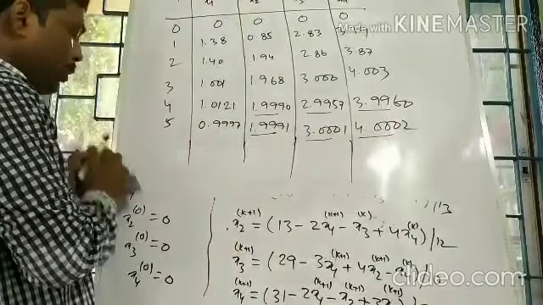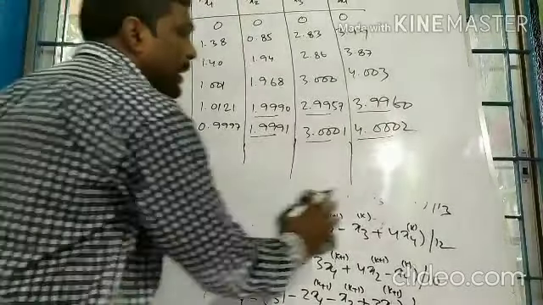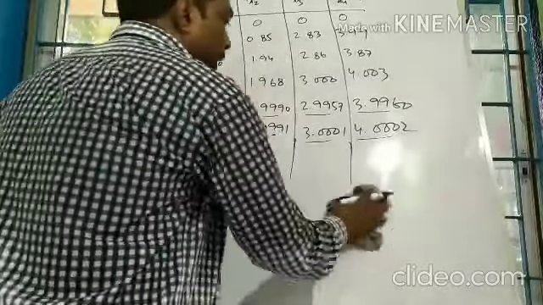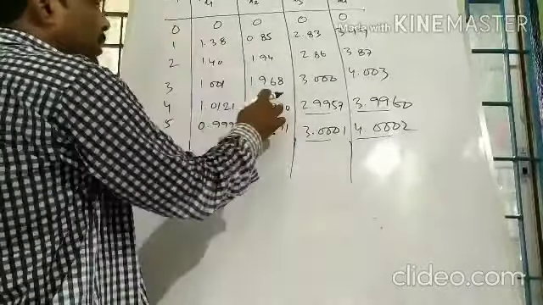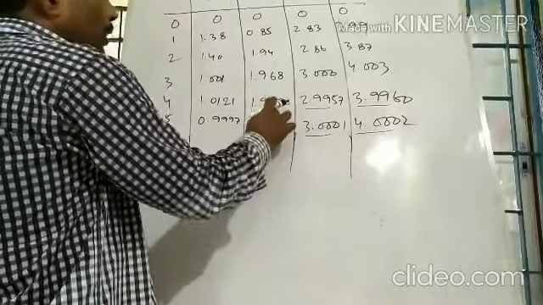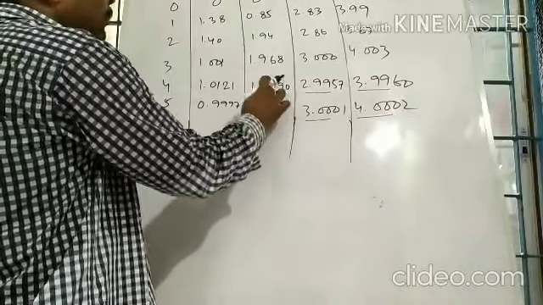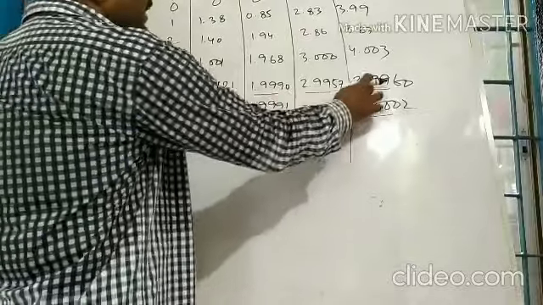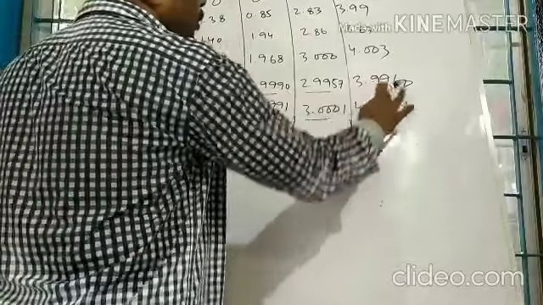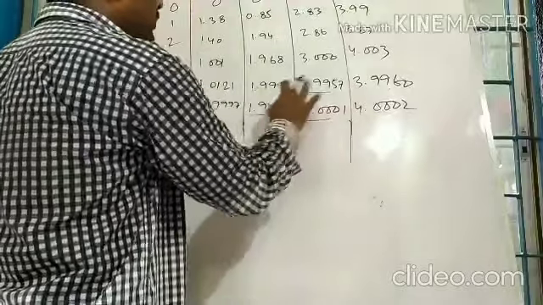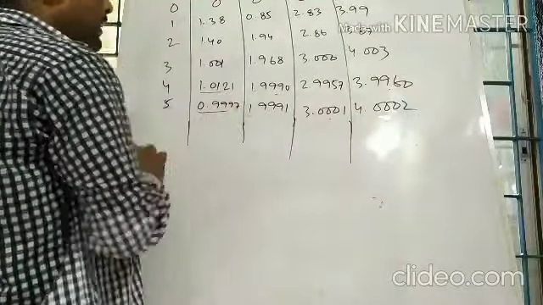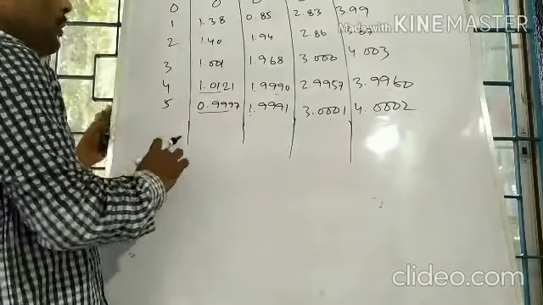So at iteration number 4 and 5, x2, x3 and x4, these are equal. Two consecutive iterative values of x2 are approximately equal, correct up to 2 decimal places. x3, these are also equal, correct up to 2 decimal places. x4, these are also equal, correct up to 2 decimal places. But the problem is x1. These are not equal, correct up to 2 decimal places. So we have to continue.